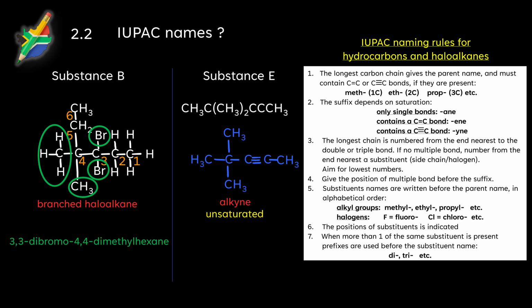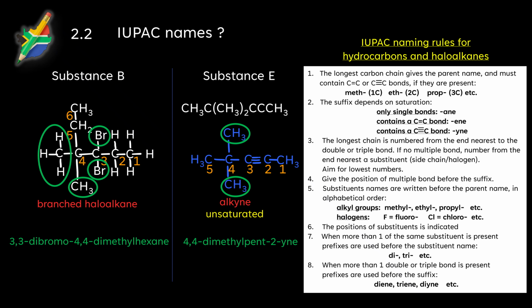Then for substance E, this is the longest chain and it has 5 carbons, so the root name is pent. Numbering from the end closest to the triple bond, as this takes preference over other substituents, we see that the triple bond is between carbon 2 and 3, and we use the lower of the 2 numbers in the name. So the suffix is 2-ine. There are 2 methyl groups on carbon number 4, and so we write 4,4 dimethyl in front of the parent